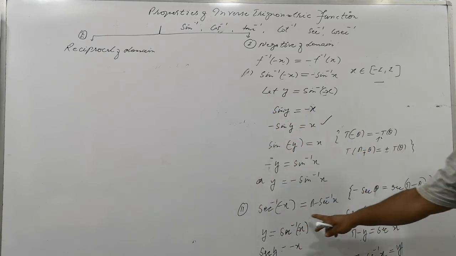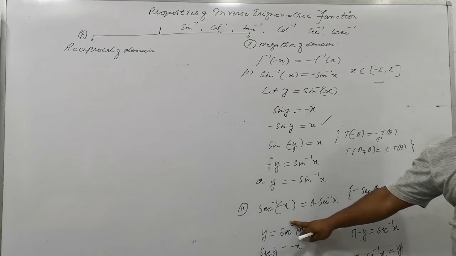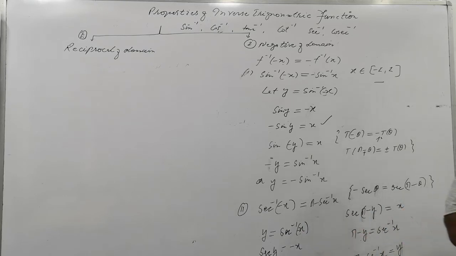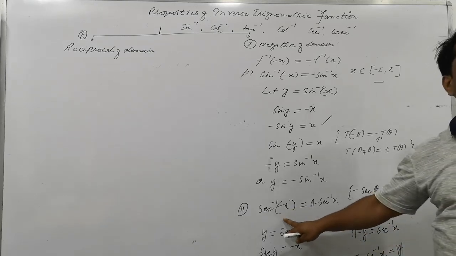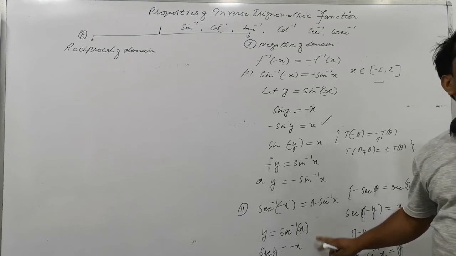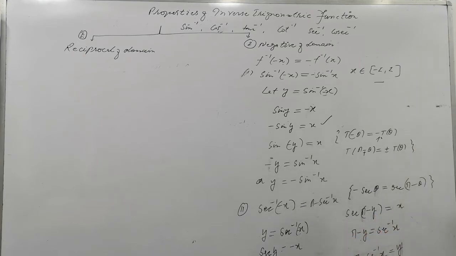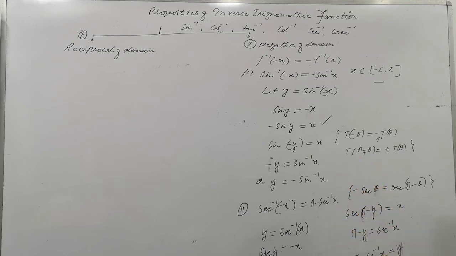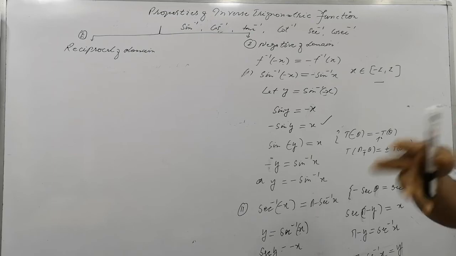But the other variety is what here? For sec, cot and cos. This will work as pi minus. Means the sec inverse of minus x will be equal to pi minus sec inverse x. The same function will be reduced from pi as positive range. Is that clear? We have classified the identity in two parts. The first is the minus of function and second is pi minus of function.